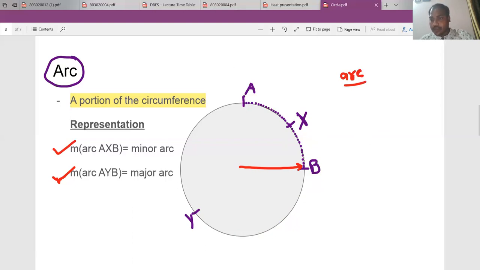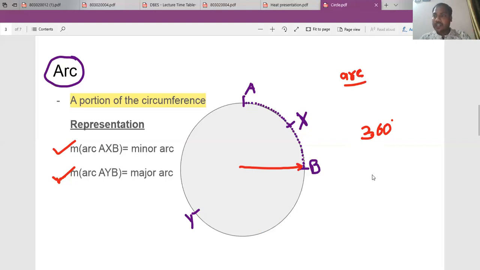So the measure of the complete circle is known as 360 degrees. Just keep in mind, I'm writing in terms of degrees. I hope this one is clear to you all. So when someone talks about the measures, you have to write in terms of degrees. If someone asks about the length of the arc, you can write it in terms of centimeters and meters. That is a different thing. The measure and the length are two different things. So sometimes you will get the measure of the arc, and sometimes you will get the length of the arc. In a higher standard, you will get the length of the arc.